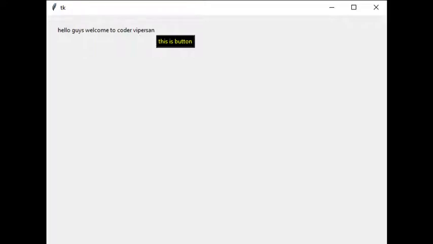Hello guys, this is Coda Viper Sun, and you can see the output screen created by setting up the TK screen, and you can see a label here: Hello guys, welcome to Coda Viper Sun.